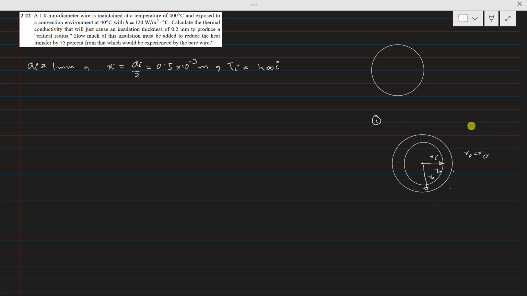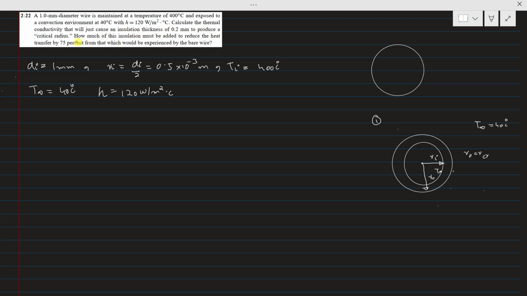So the environment temperature, T infinity, is 40 centigrade, and the convection coefficient of the environment is 120 watt per meter square centigrade. So we need to calculate the thermal conductivity that will just cause an insulation thickness of 0.2 millimeter